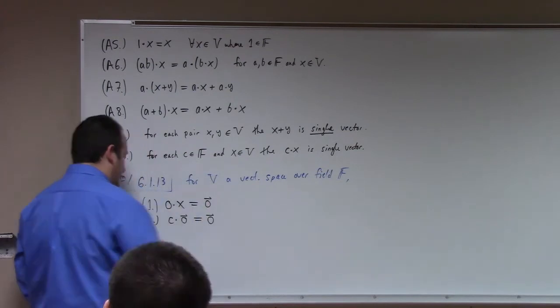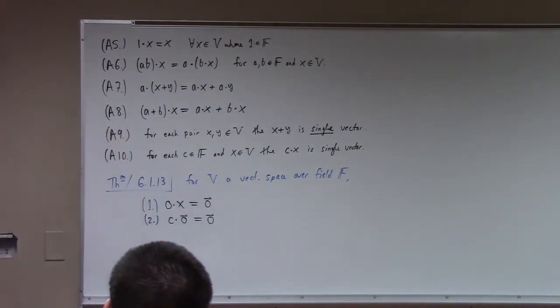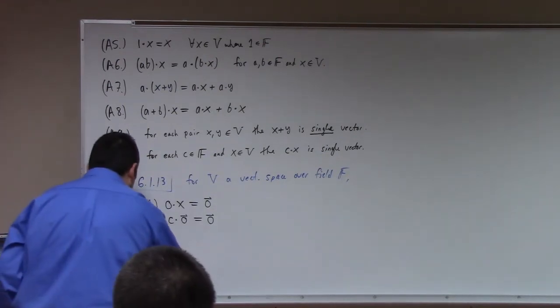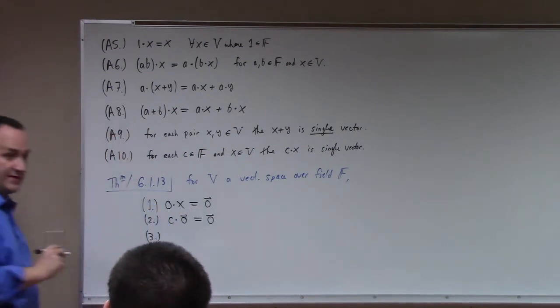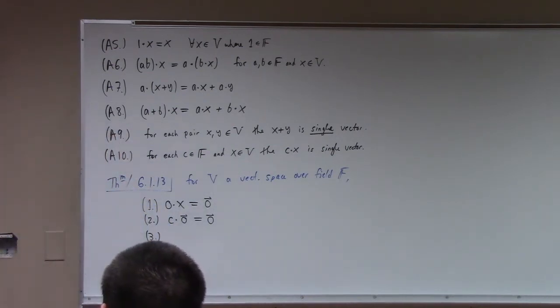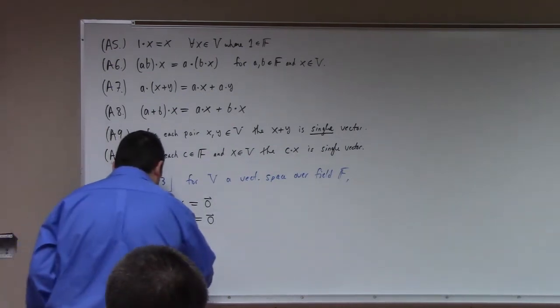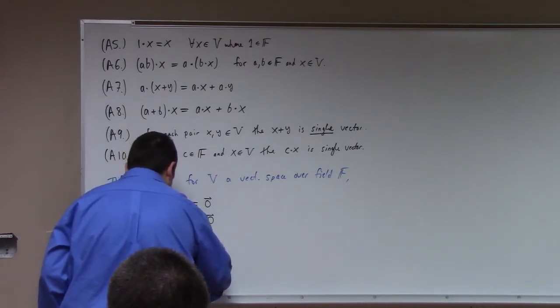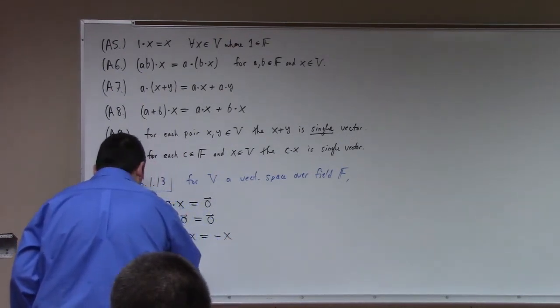So one of these is not the 0 vector. It's in number 1. That's the 0 scalar, okay? There's a difference. Point 3 here, but generally speaking, we don't put vectors on vectors in here. Minus 1, scalar multiplied by x is equal to minus x. And 4,